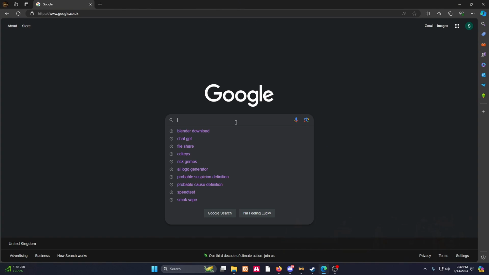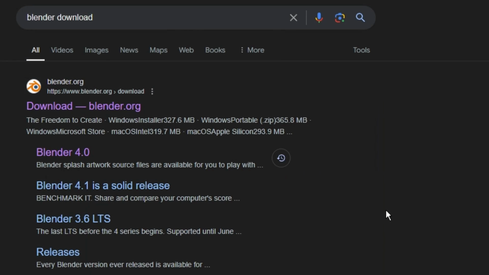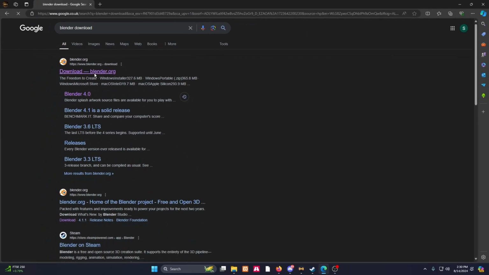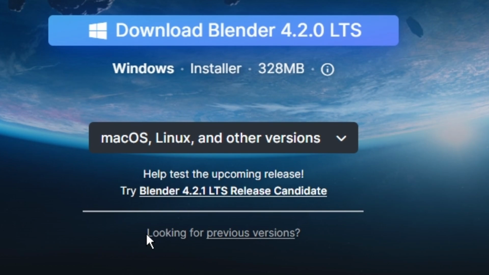First we need to search for Blender downloads. I am going to leave a link in the description so you don't need to do this, or you can just Google it. We're going to head over to the Blender website and we're going to look for the previous versions. We're specifically looking for Blender 4.0 because it works well with the SOLLUMZ plugin, so we don't want the latest version. So we're going to click here